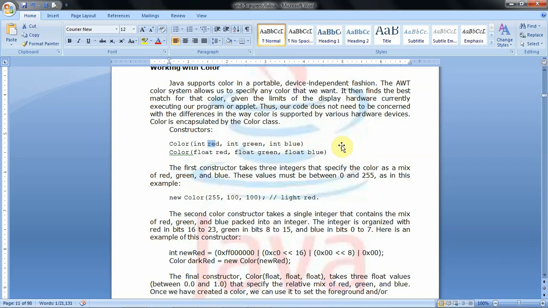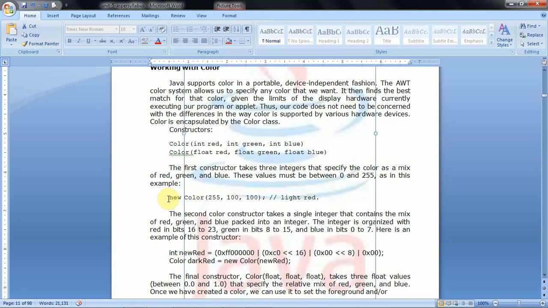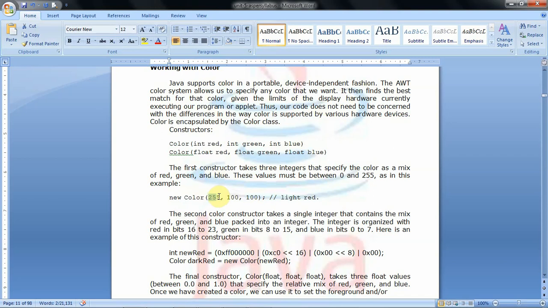These integer color constant values range from 0 to 255. 0 means the lower range and 255 is the higher range. For example, if you want to make a new color, we use new Color(255, 100, 100).